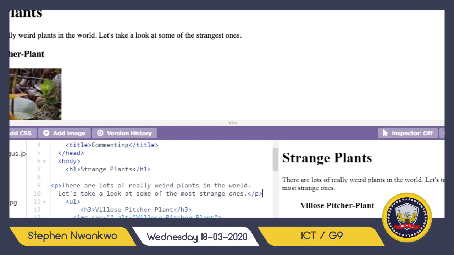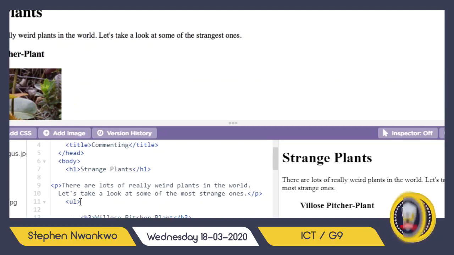I told you before that unordered lists means what? Arrangements using bullets. Now this is an example of a bullet, but over here there is no bullet. So what do you do? You debug this web page so that you will have what? A bullet here. So we have UL, that is unordered list. So after UL, you have the list, because it is arranged in what? List. You put your list tag, li,